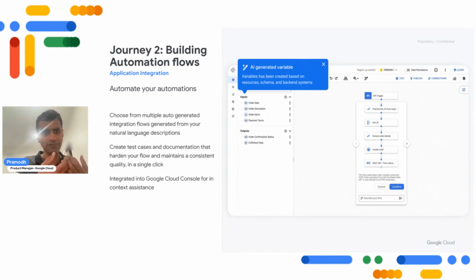You saw how it is available and accessible in VS Code, in terms of the API definition. Similarly, Duet AI is available right inside Google Cloud Console, so that you are not context switching again. But that said, I'm going to bring up my demo environment and walk through a live demo of this capability.